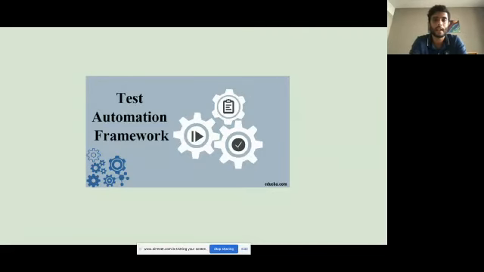It's a guideline for setting up your coding standards and code structure so that you can reuse them more meaningfully and scale them whenever required when your application gets big. So that's, in a nutshell, what the automation framework is.